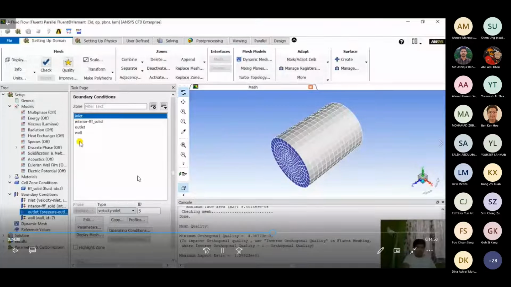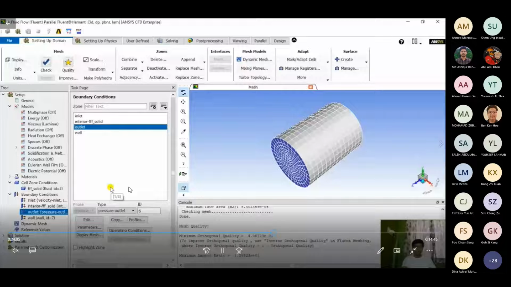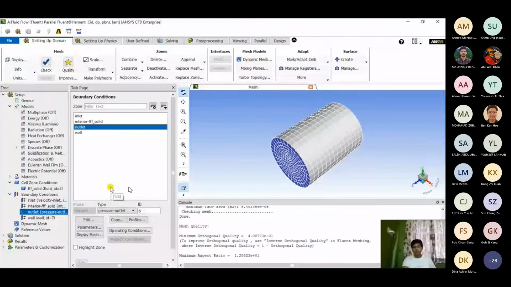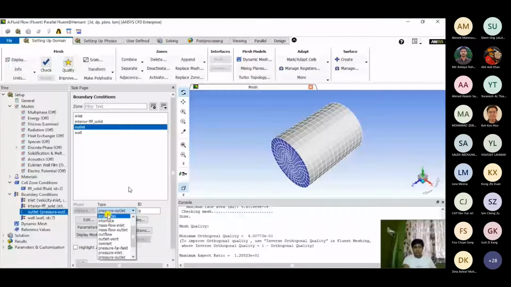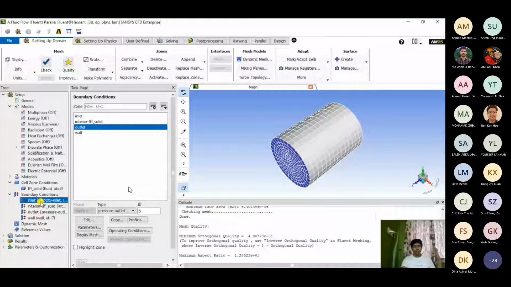As we have given the value of velocity, based on that velocity value, the software will take it as an initial guess, and it will compute other parameters, and our primary focus among the parameters is outlet pressure. So it will calculate outlet pressure based on the inlet velocity that we have provided. And we can also edit our pressure outlet, and we can limit our outlet conditions based on our requirements.